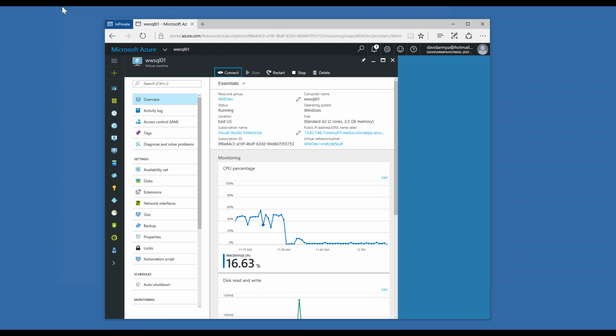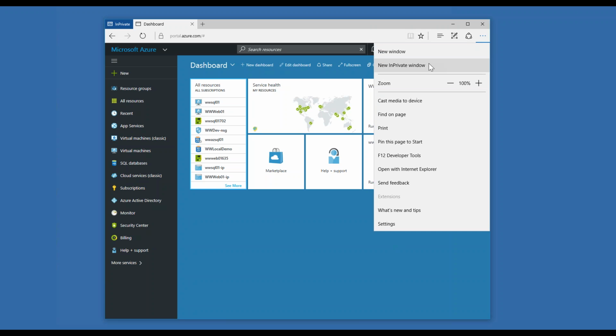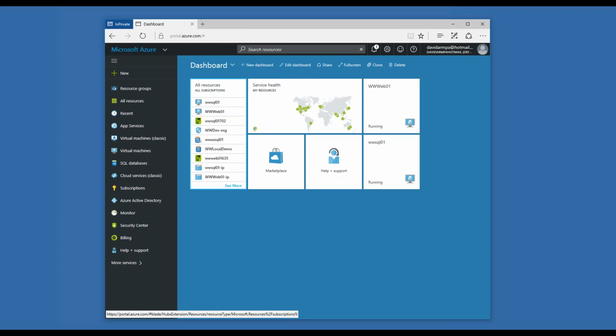For those who are new to the portal, I started this in Microsoft Edge, in a new private window, and signed in using my credentials. There are other browsers that are supported.